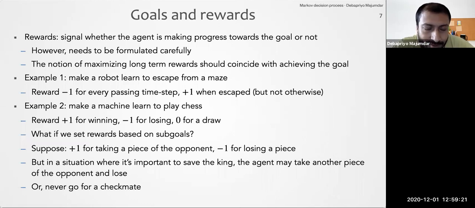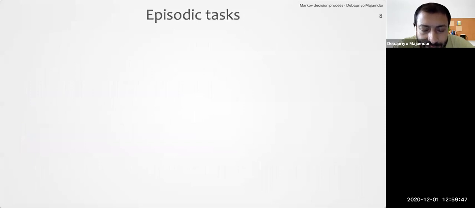It is okay to set rewards for sub goals, but you have to be a bit careful. It should not be just sub goals. Piecewise sub goals may not add up to your main goal. So this is a conceptual thing that we want to do for goals and rewards. Now let's see how we formalize rewards